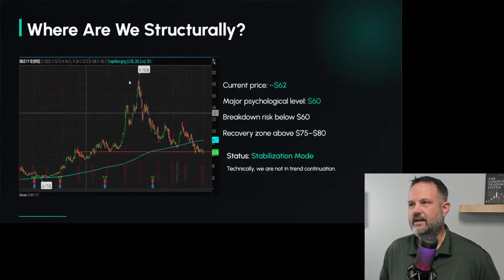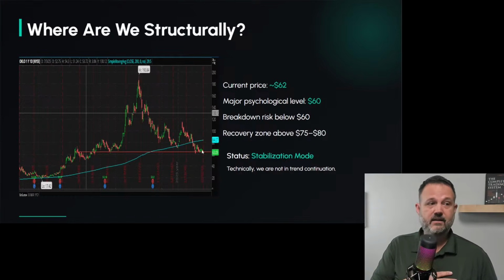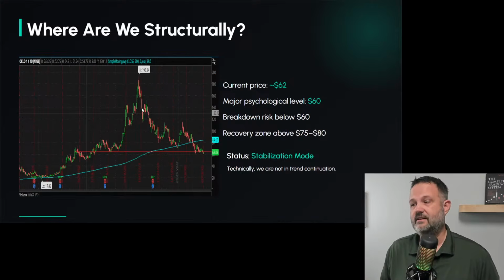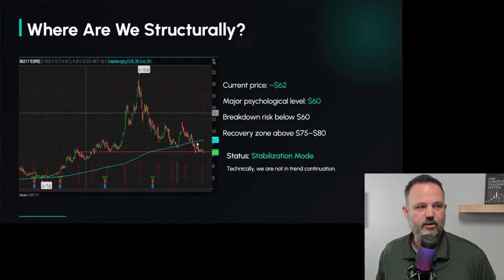Okay, right. So where are we structurally again? We're below the 200 period moving average, which for me, that's my criteria. I don't trade anything below that. So right now at this point, it's like, okay, this stock just exited my criteria. Once it came down here and bounced, I'm like, okay, we're still in gear, but then it came down. So that's the first thing we got to know. That right there, it's out of my rules.